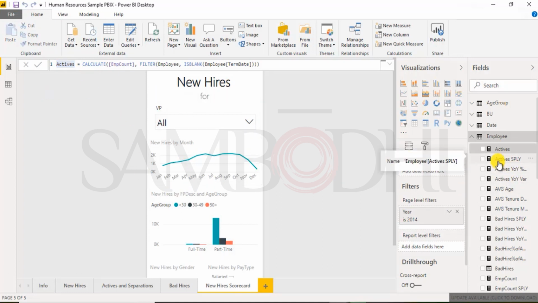Similarly, the same thing can be applied to active supply last year. So same period last year for the date. So for the date range, if you consider, you can get the same period last year of all the actives which we've calculated earlier. Similarly,